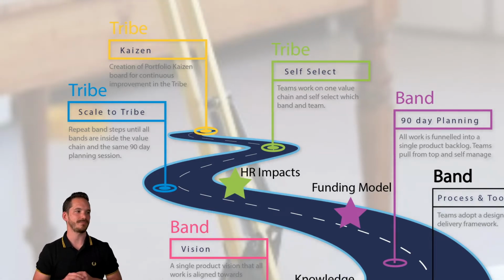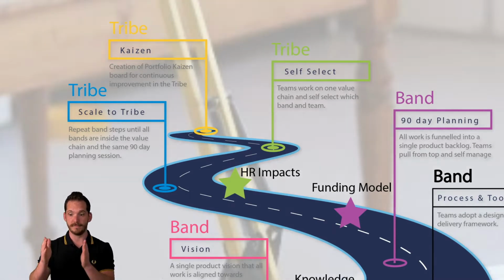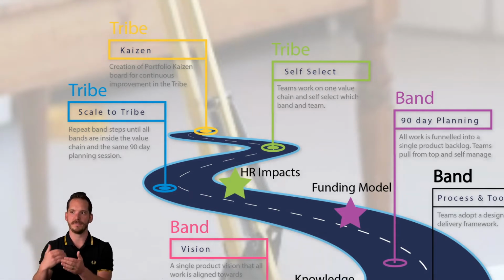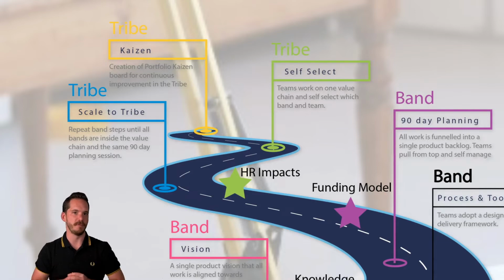It's cool to see. At the end of this nirvana, you have Kaizen, which is the creation of a portfolio Kaizen board for continuous improvement of the tribe. And that's the key bit there. It's continuous improvement of the tribe. Once your tribe is set in stone, depending on what level you've gone, you should be orange or green for that tribe quite easily. If you're amber, you'd have reached orange and you'd have been very happy, and you need to move into other tribes or have some good feedback from the board that you can segment off properly.